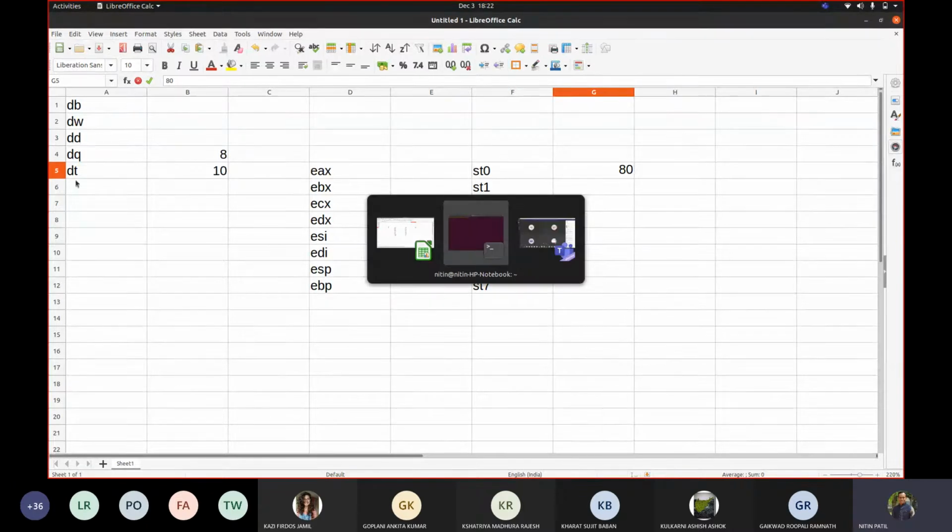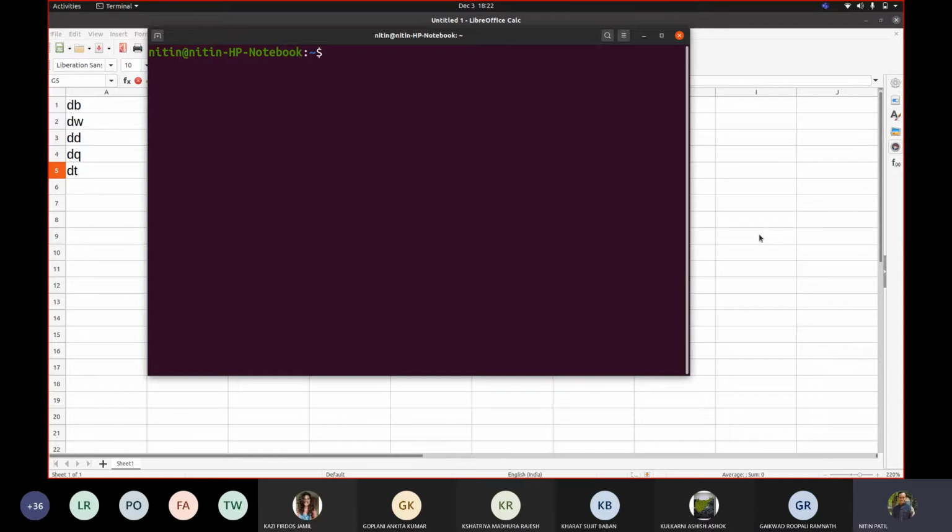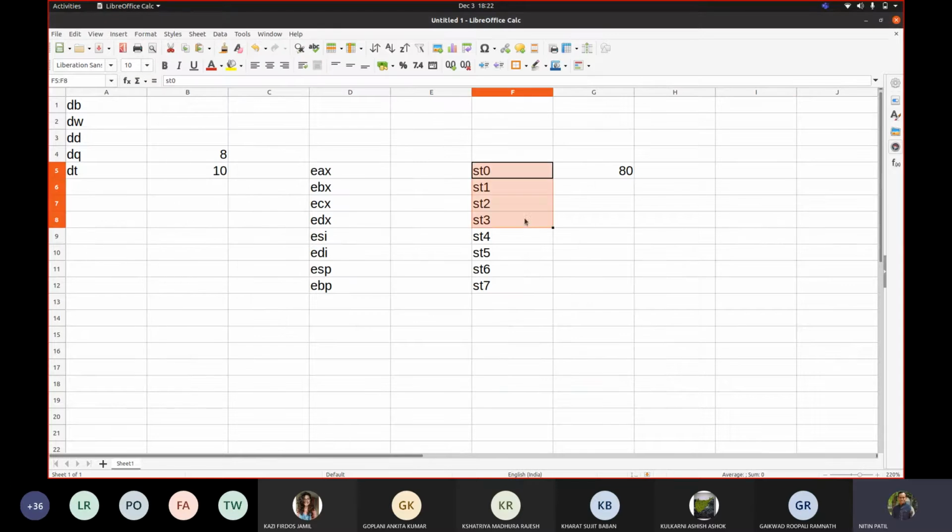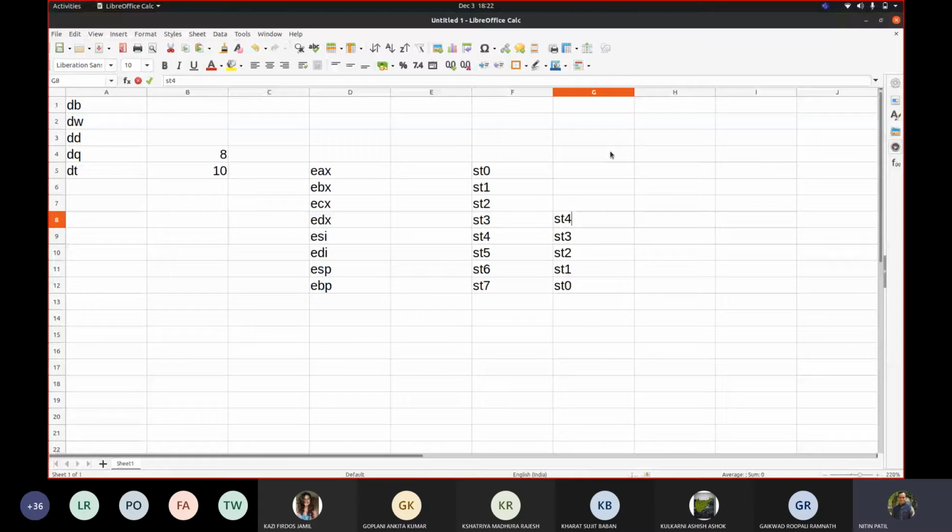These registers are not available for direct access the way we used to handle the others. They are used as a stack. ST0 is here, ST1 is here, then ST2, ST3, ST4, ST5, ST6 and ST7.